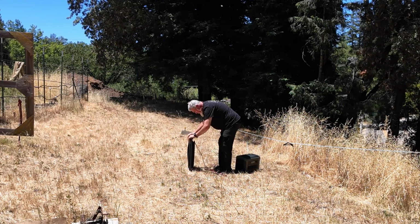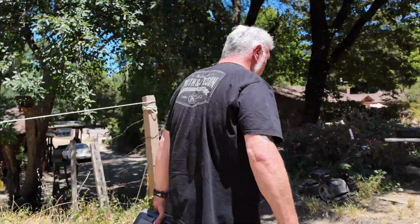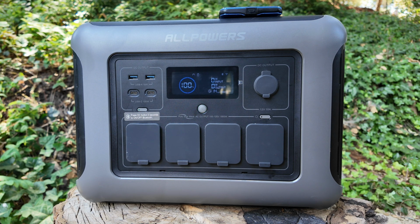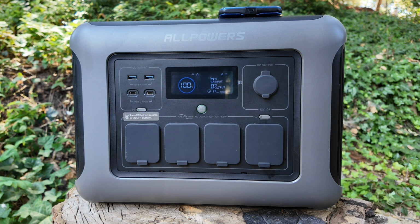And just with that 200-watt panel, I was only able to get about half of the charge done, maybe a little bit more than half. I had to resume the next day, and the next day I was even better at keeping the solar panels aligned with the track of the sun during the day, and I was able to get it charged back up to 100%. So that was only a 40% charge, and it took me literally a day and a half of work. So I would recommend that if you can get 400 or even ideally 600 watts of solar charging capacity,